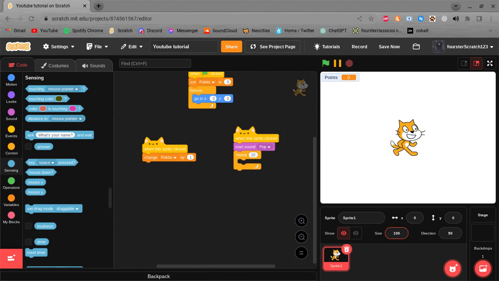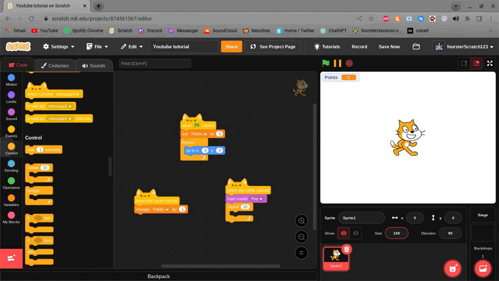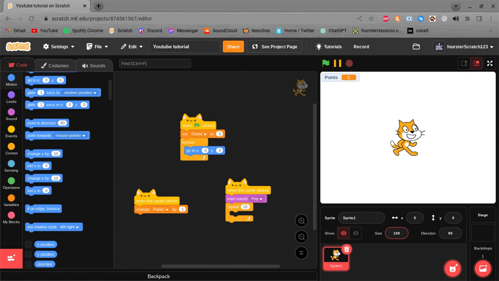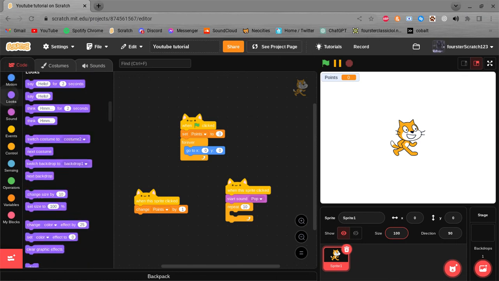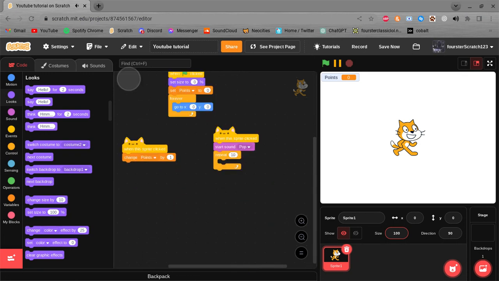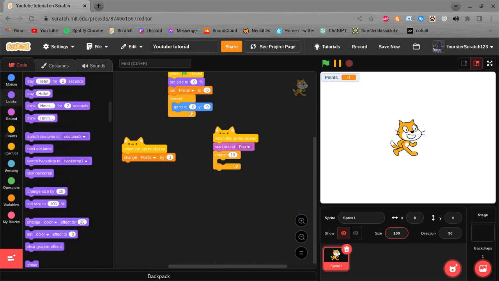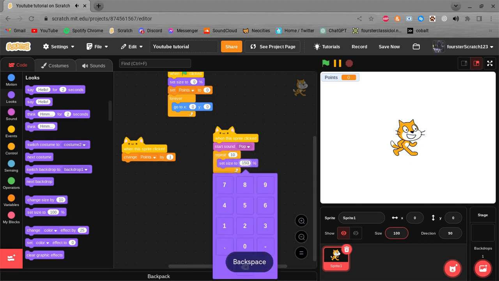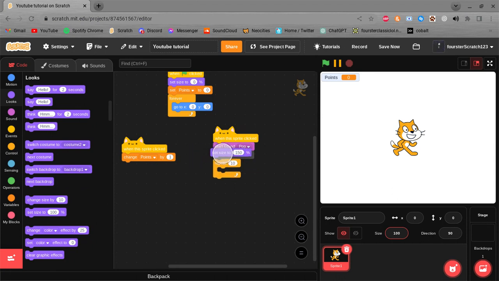That looks pretty good. Now let's set the size up here to 0. Let me go to the looks real quick. Set the size to 0. There. So now, all we gotta do is go to set size to 150. Actually, let's put that on top of the repeat loop. Anyways, now when the sprite is clicked, it will play a sound, and then it will set the size to